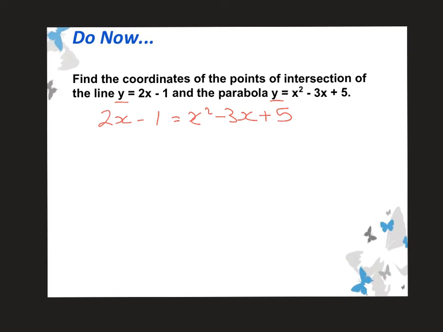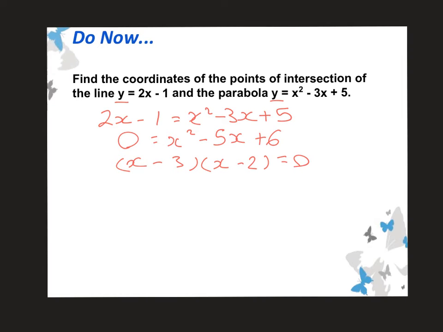So we have a quadratic equation here, and we know that a quadratic equation has to be equal to 0. So I'm going to take away the 2x, so I've got minus 5x. I'm going to add the 1, plus 6. Now your quadratic is equal to 0. We just need to solve it, so you can do that through the quadratic formula, factorising, completing the square, or you can use the function on your calculator. Now I know that that factorises